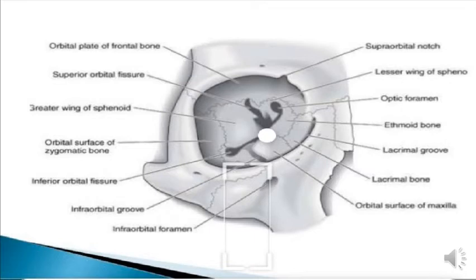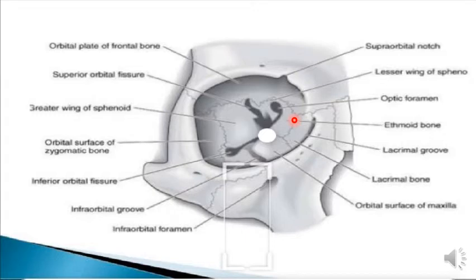Before evaluating a proptosis case, one should have thorough knowledge about the anatomy of the orbit. The picture is showing the anatomy of the right orbit. It consists of four walls: the medial wall, the roof, the lateral wall, and the floor. The medial wall is formed by the lacrimal bone laterally and the ethmoid bone medially. Behind it there is the ethmoid sinus. So any infection of the ethmoid sinus, like sinusitis, may invade the orbit and cause orbital cellulitis. So in every case of orbital cellulitis, one should look for paranasal sinus infection so that we can treat it accordingly.